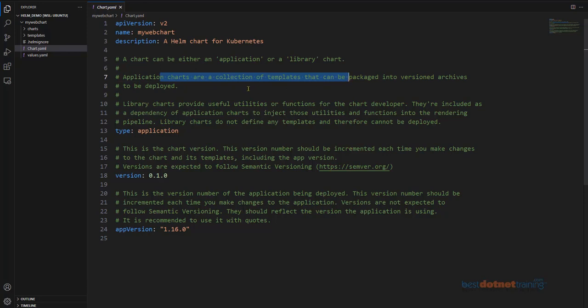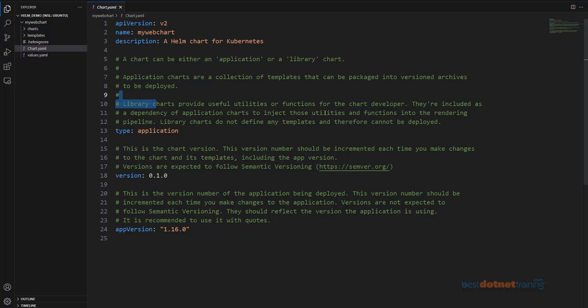Okay, so templates which can be deployed, and library is basically a set of utilities. That means libraries are used by applications. Like for example, if you are coming from slightly older days of Windows, or if you are coming from a .NET background, you know the difference between something like a DLL and an EXE, right? DLL is called a library and EXE is your application. An application can run, but a DLL cannot run on its own.